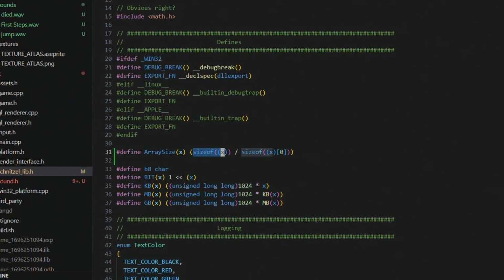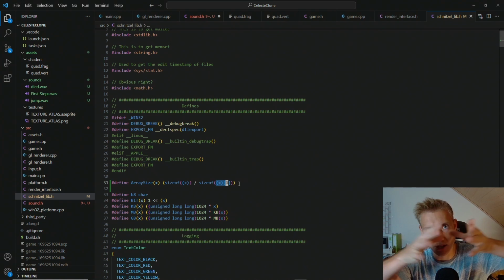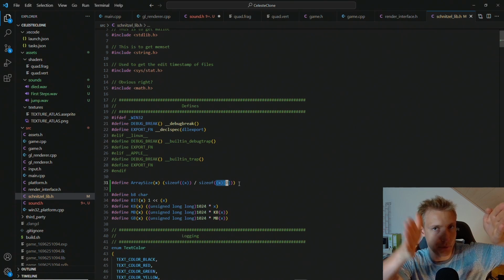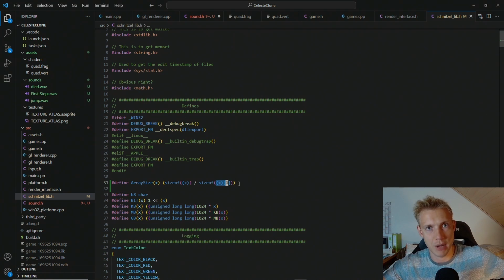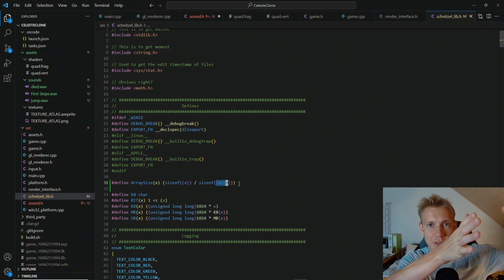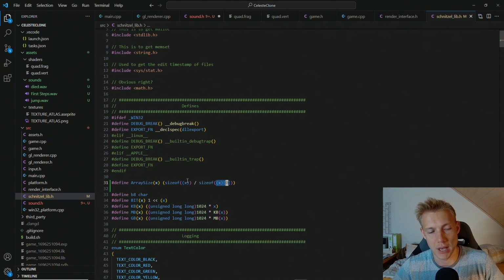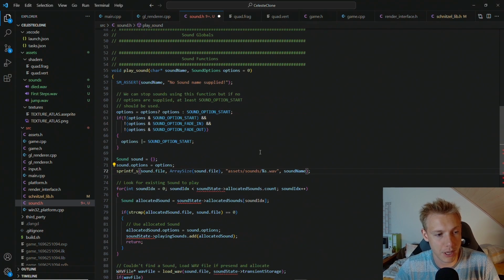It takes the size of an array and then it divides by the size of the first element in the array. So essentially what this does is gets a number of bytes, that is the entire size of the array. And this only works for arrays. It does not work for pointers. And then it takes the size of the first element in the array. And if all of the elements have the same size, let's say we have 100 and then the first element is size of 10, then we divide 100 by 10 and therefore we know how many elements we have in the array. That's how the array size works, and if we now switch back to the sound.h file,